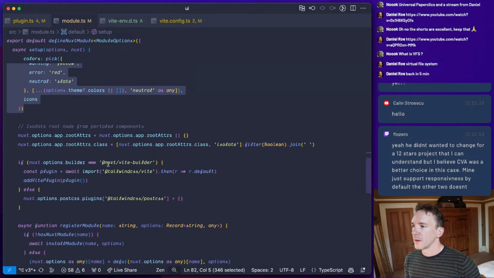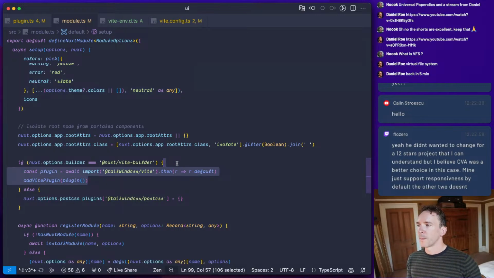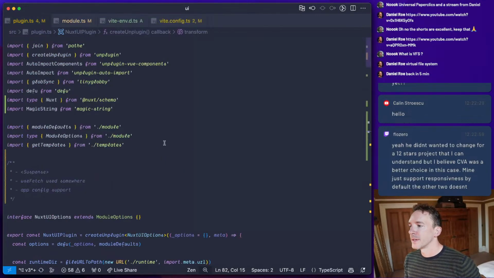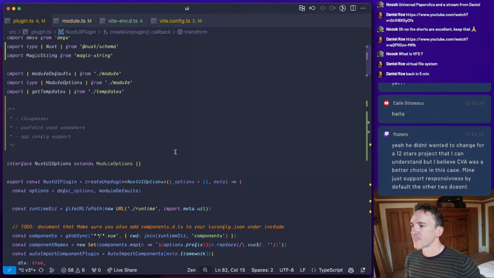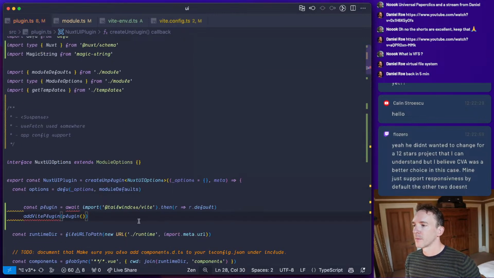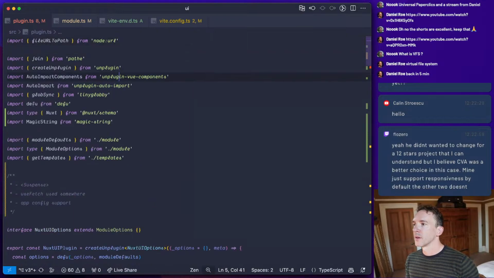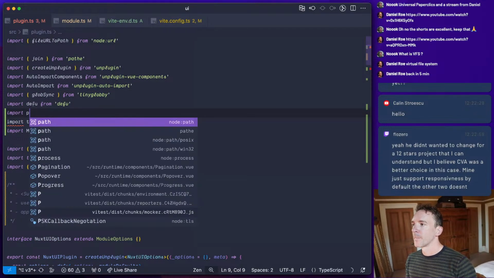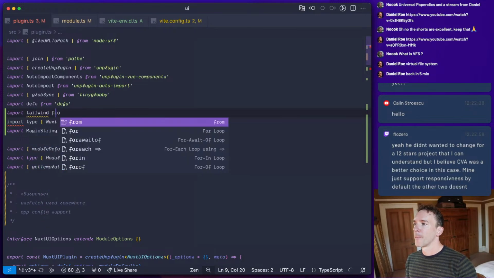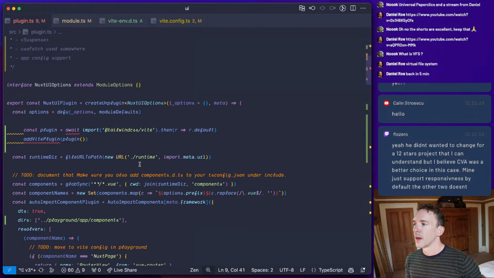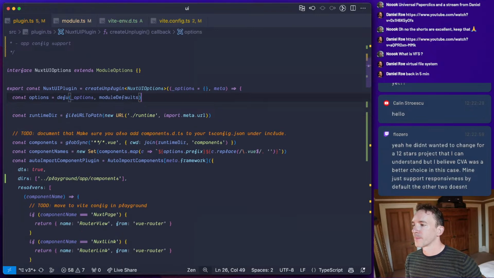And we have our plugin. Cool. That's pretty straightforward. So let's just add this here. And actually just import it. And we're just going to directly add it back.